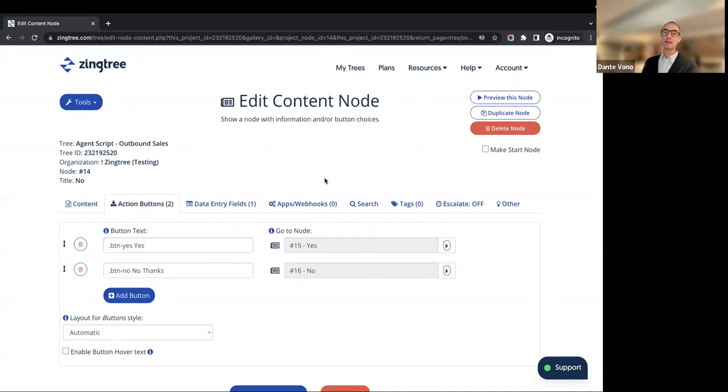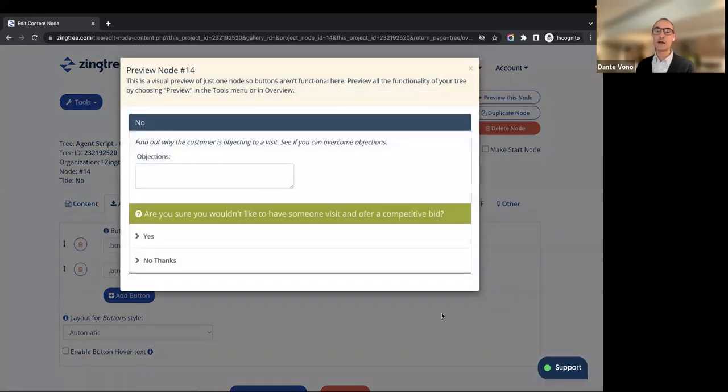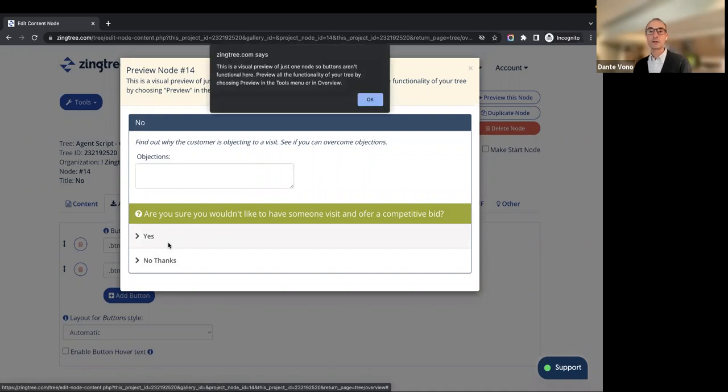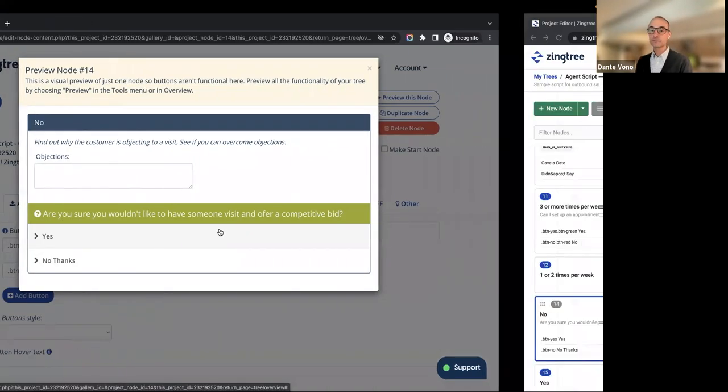So when you've edited a node, you've probably wanted to preview it. Maybe you want to see what it looks like. And so perhaps you've used this method before to do that. And sometimes when you're authoring a tree, you might want to see where this goes next. And so if we click that here, you'll get an error message. Now there's other ways to navigate the preview of this tree, but right from this screen, at least from edit, no, that's not something I was able to do.